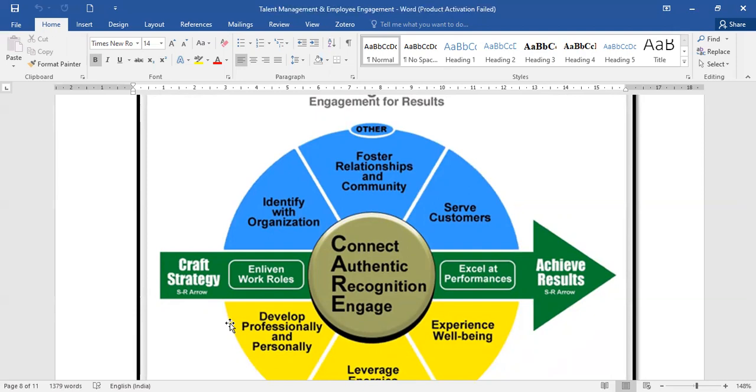So this is how, if you want to make your engagement activities effective, in the process of engagement activities you can divide yourself into achieve results and craft strategy. In achieve results, you know what to achieve, but what you need to get from yourself as a manager, and what you need to get from others, plays an important role. In the same way, craft strategy is about the role, but if you are not able to go through it, you can take the help of professional consultants and get to understand what is needed.